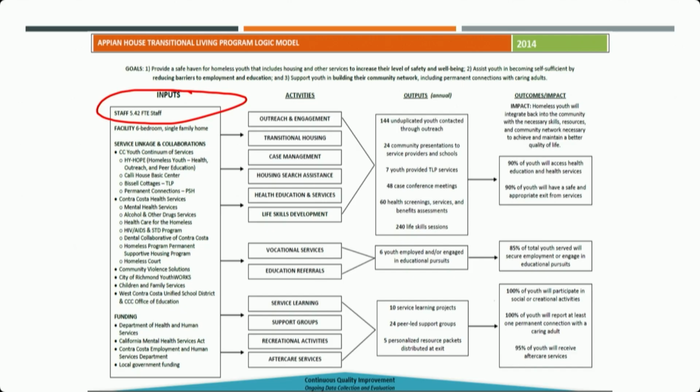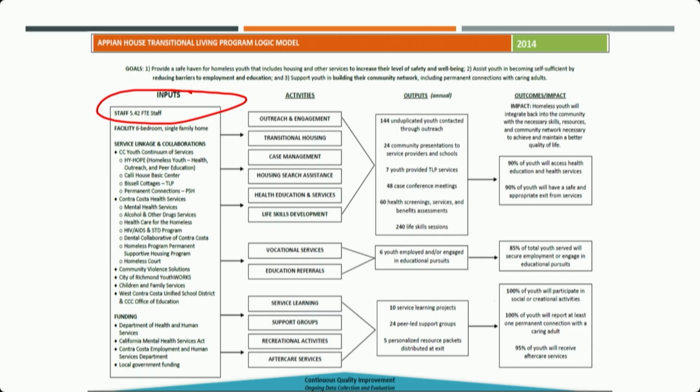Keep in mind that 5.42 FTE does not necessarily mean there's a 0.42 person. That should tell you right there, that could be any number of individuals. It's full-time equivalent we're looking at. It could be 8 people, for all you know, that comprise 5.42 full-time equivalents. That becomes important for the budget. That's the next step, right? So here we have 5.42 FTE as part of your input.